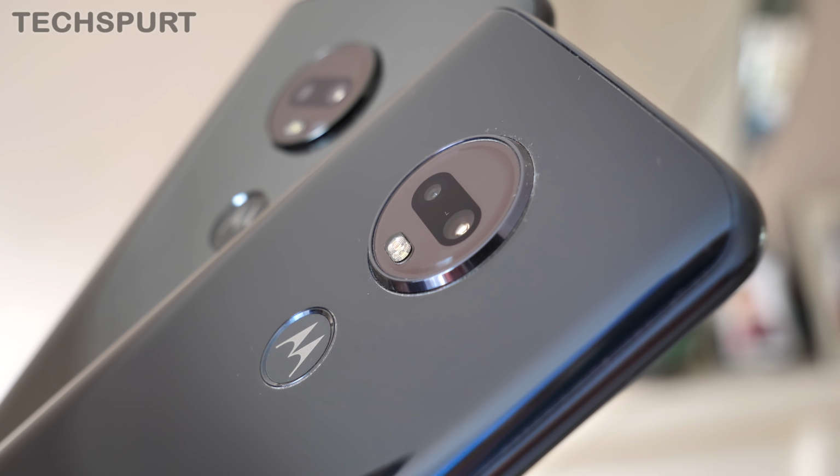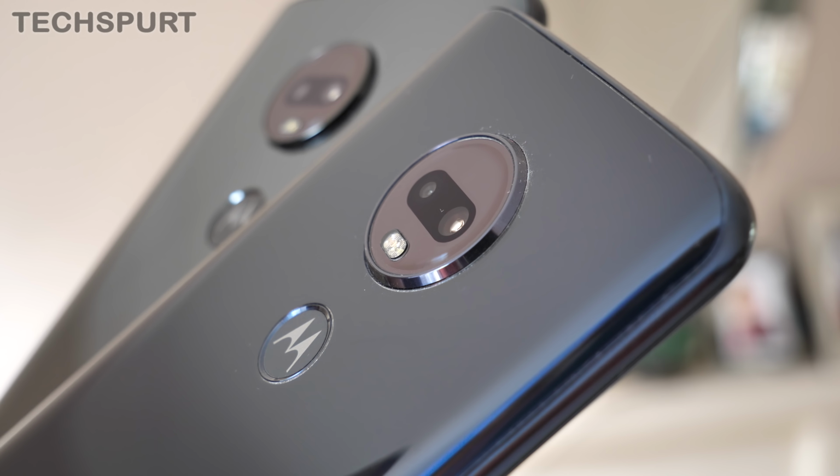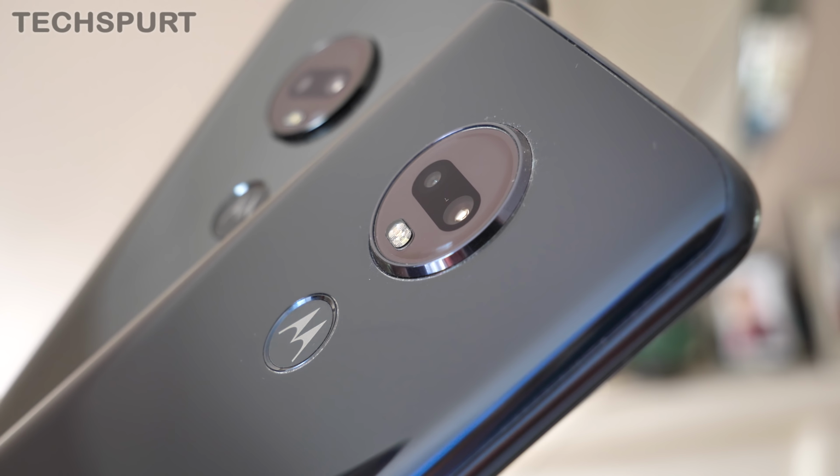Still, both of these Motorola blowers do use Phase Detection Autofocus and have a secondary 5 megapixel depth sensor for those portrait snaps. I've been testing these two Motorola camera phones side by side to see if there really is a jump between the G7 and the G7 Plus in terms of photo and video quality, and here is my